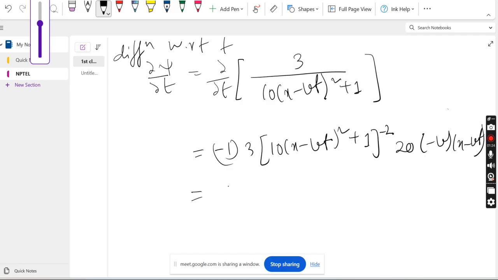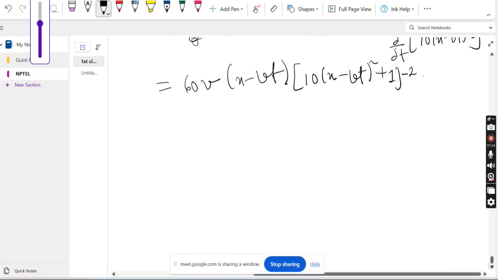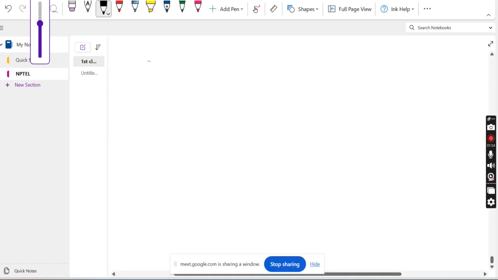So you can write it as, again, this thing is a differentiation of 3x minus bt whole square plus 1. You can write this in a simplified form, that it will be 6 times x minus vt over 3x minus bt whole square plus 1 minus 2. So we are differentiating in this step, and the answer will be